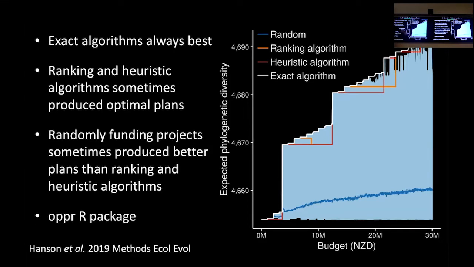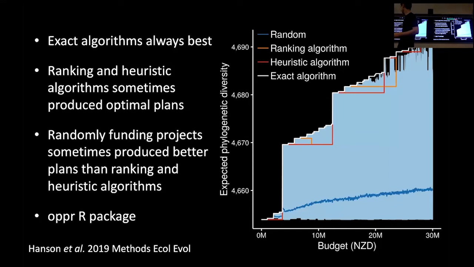And the blue stuff, that's randomly funding projects. This wavy blue line here is the median performance of randomly funding projects. And you can see that's quite low. That makes sense. If we're just randomly funding things without thinking about anything at all, we're probably not going to do so well. But what's really interesting is the blue silhouette is the range, the minimum and the maximum. Sometimes we fund projects that are really bad and give us nearly nothing in terms of benefit, but sometimes they actually perform better than our heuristic and ranking methods. So failing all else, you could probably just generate 10,000 random solutions. If you didn't want to bother using the complex optimization algorithms, that might give you something that's actually better than the ranking or heuristic, which was interesting to me at least.